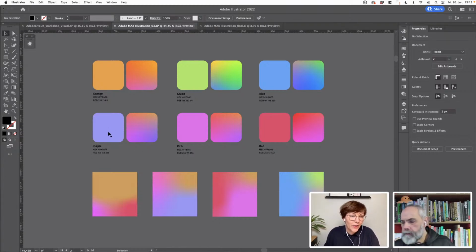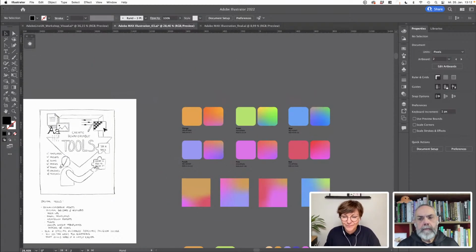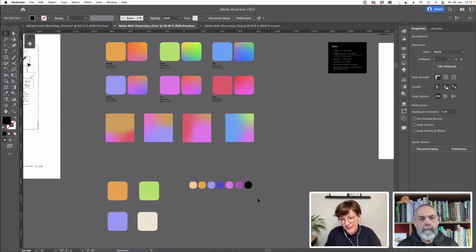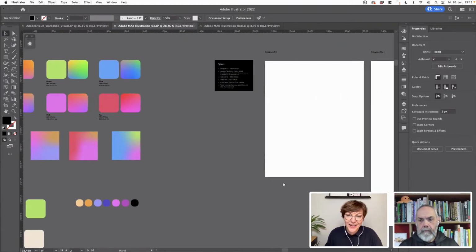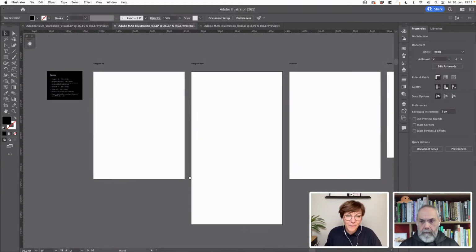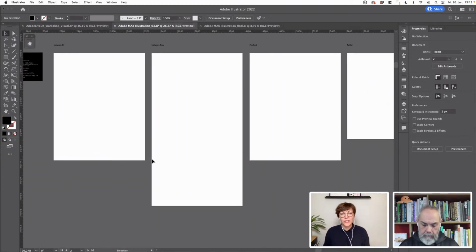So in this case, I went for the purple and the pink, and most of the time I love including a white and a black, and here I also included this darker purple. But I tried a few things out before I came to my final color palette. And I mentioned before that it was totally free how many illustrations I was creating,